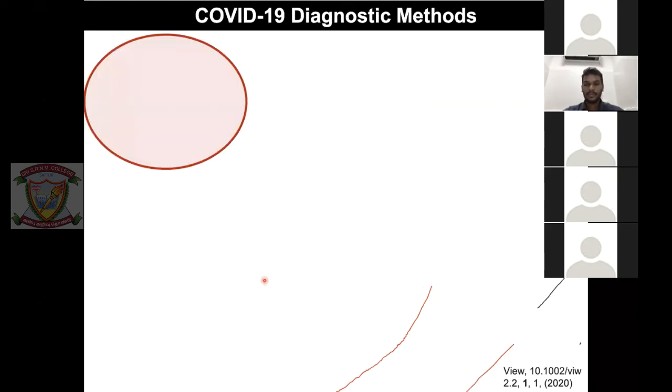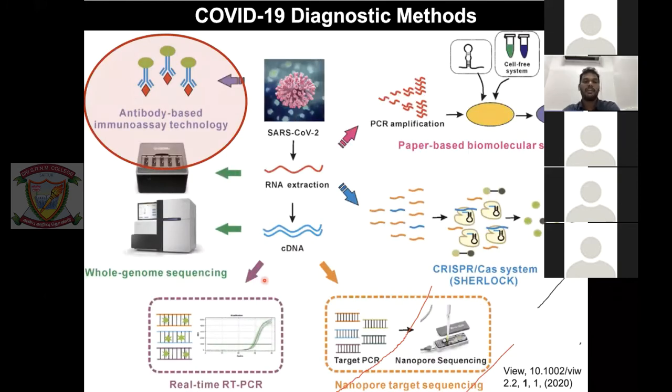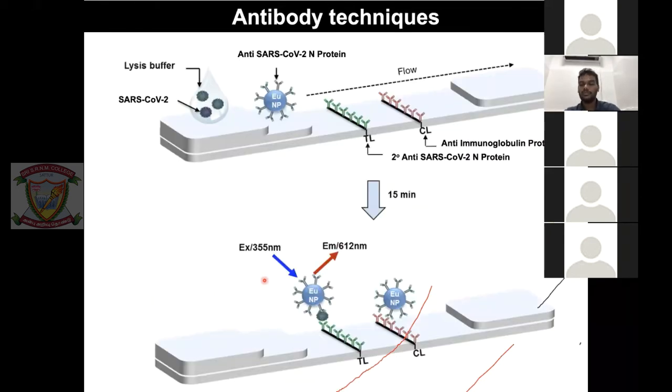Yeah. So then we will just see antibody-based immunoassays. I want to show you some basic information about how things are working, but this will also give me a way to introduce vaccines as well. All right. So this is the platform that I have shown, and in that you have something called secondary anti-SARS-CoV-2 N protein. So what is N protein? Nucleocapsid protein. That is rich in coronavirus, and when you cleave, you get the nucleocapsid protein.